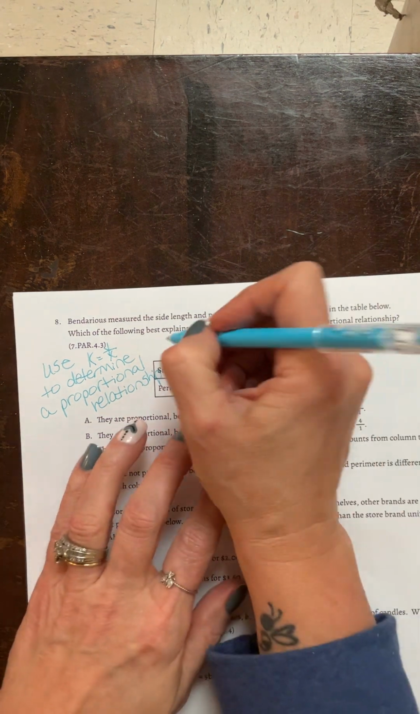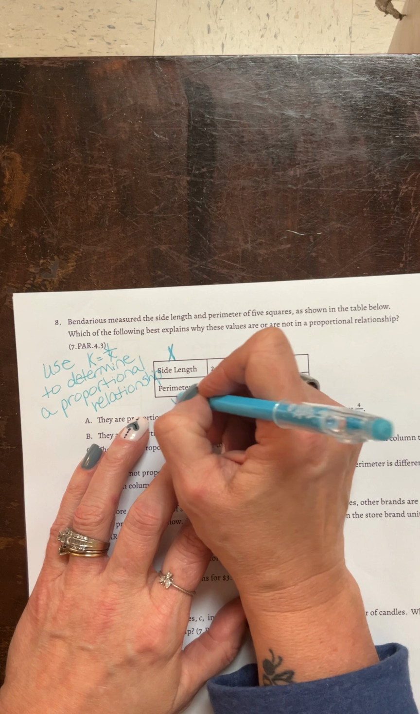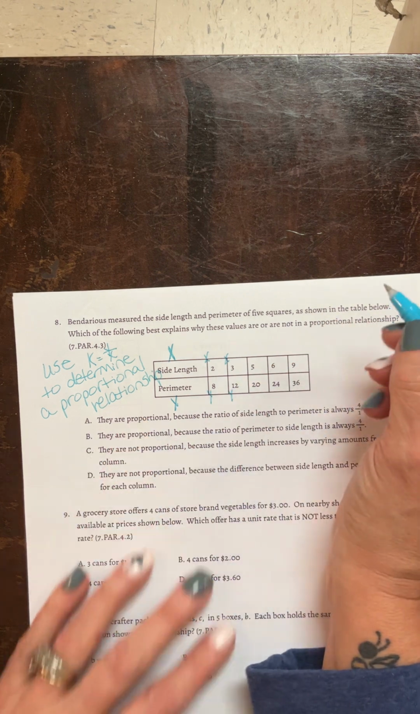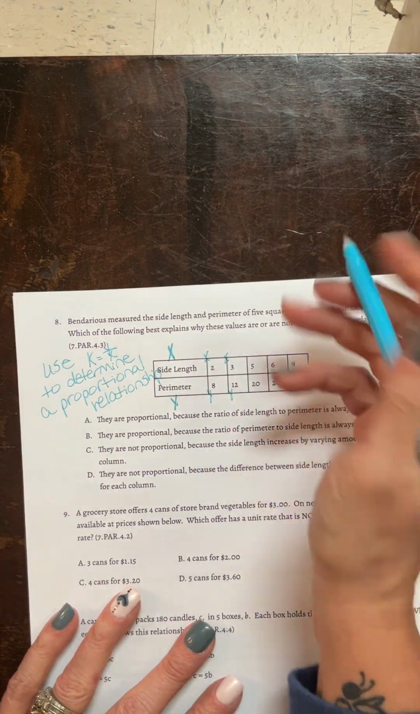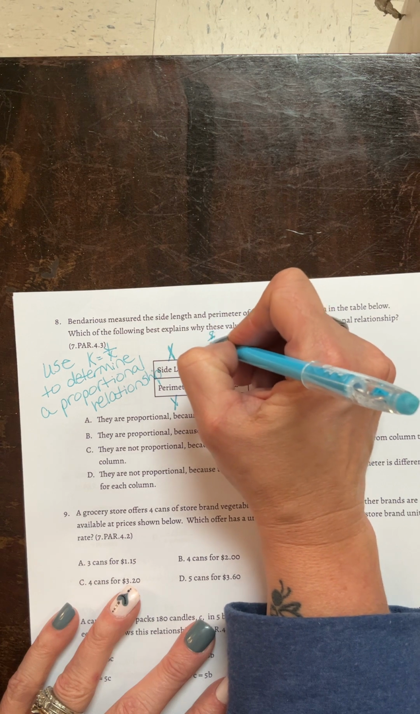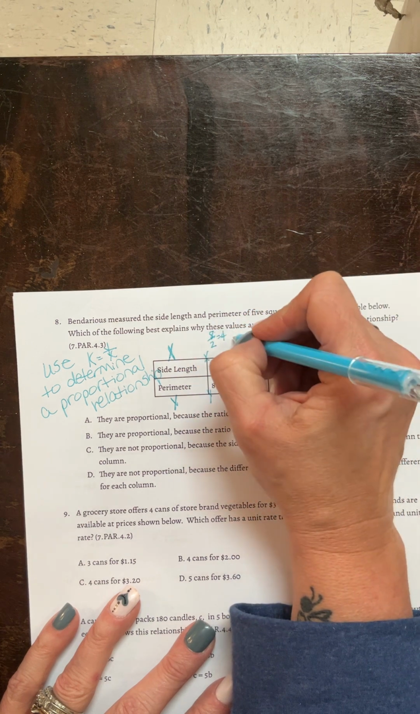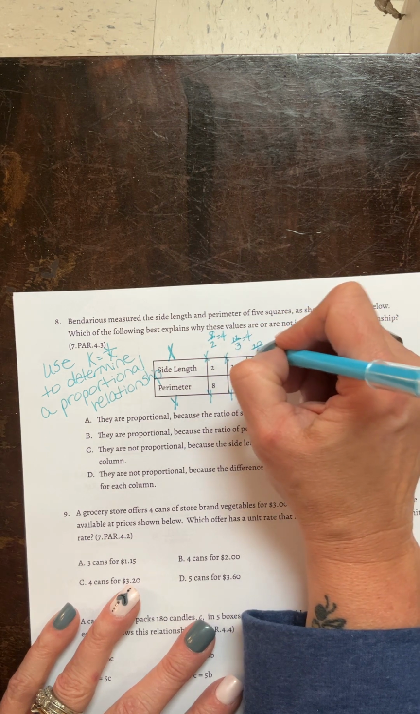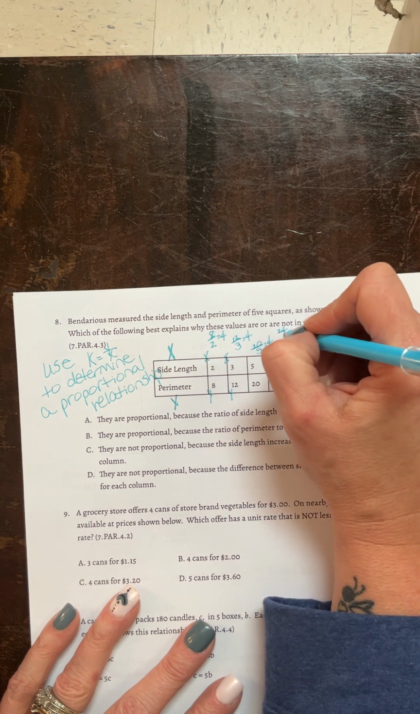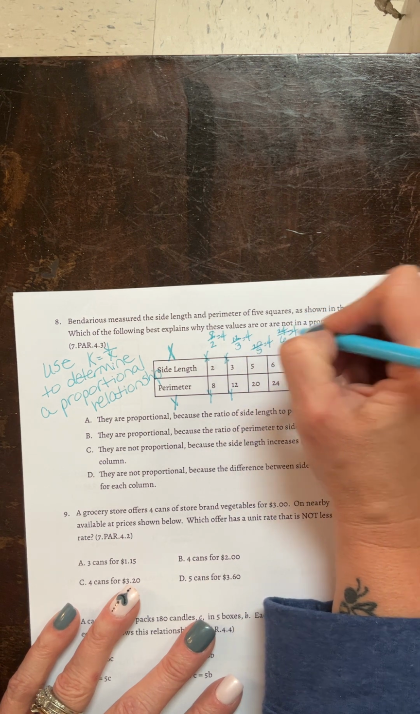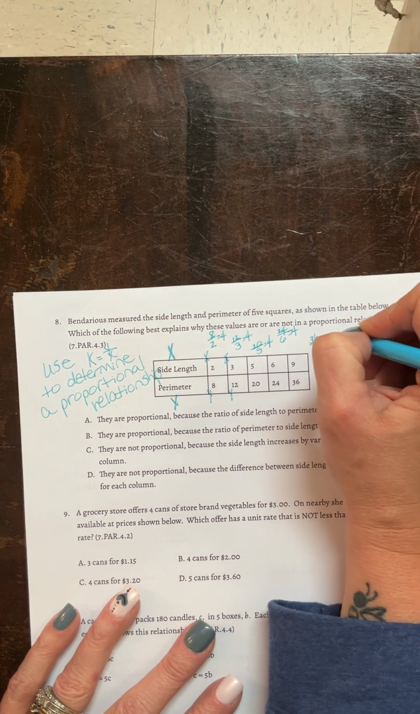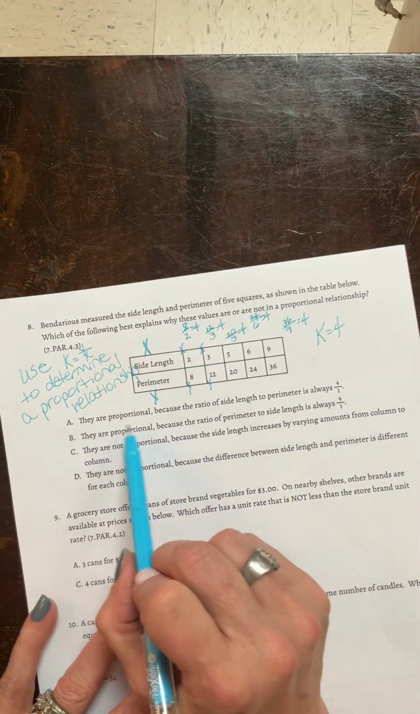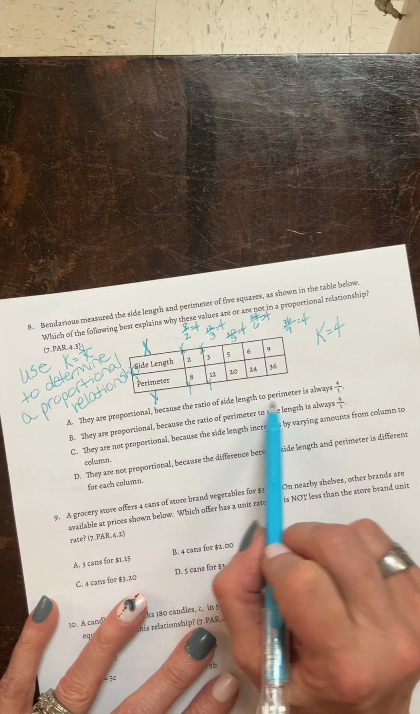Okay? These are your x values. These are your y values. So this is x, this is y. This is x, this is y. All the way down. So this is going to be 8 over 2, which is 4. 12 over 3, which is 4. 20 over 5, which is 4. 24 over 6, which is 4. And 36 over 9, which is 4. So k equals 4. Now, they are proportional because the ratio of the side lengths to the perimeter is 4